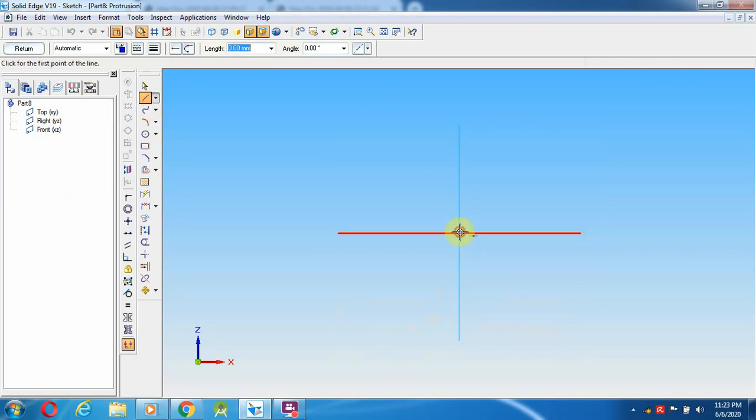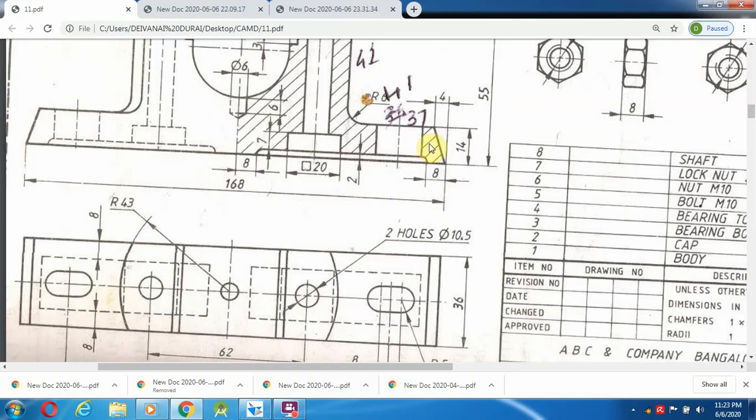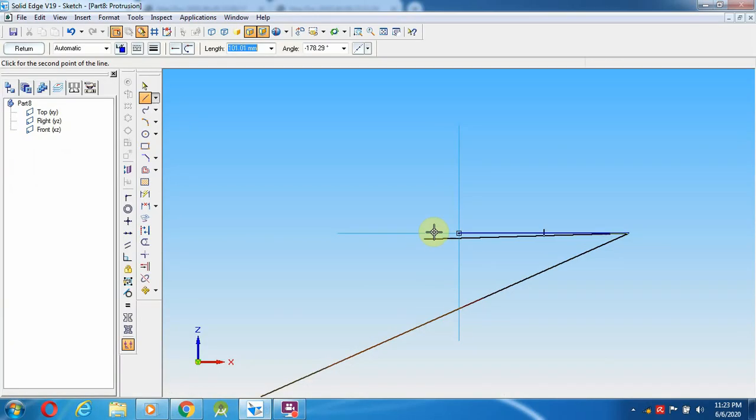From here, 168 divided by 2 comes as 84 mm. So 84, and what is the height they have given? The inclined line angle they have not given, so the height is 14 mm, and 4 mm. Then I am going to join like this. So 14 mm for enter, and the 4 mm from here I am going to join to this line.